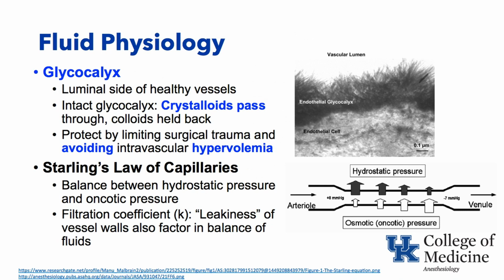First, fluid physiology and the importance of the glycocalyx. At the far right is a graphic showing an endothelial cell with the glycocalyx on top of it and the vascular lumen above it. Think of the glycocalyx as a protective layer between the vascular lumen and the endothelial cell. We want it intact and healthy. Crystalloids tend to pass through it quite freely, while colloids are held back if it's healthy. Limiting the amount of surgical trauma and avoiding intravascular hypervolemia can be done to keep